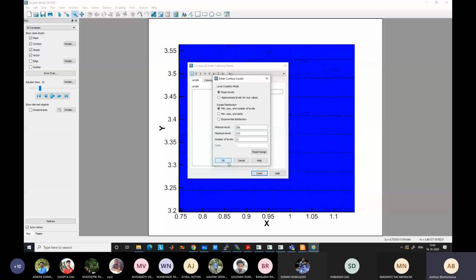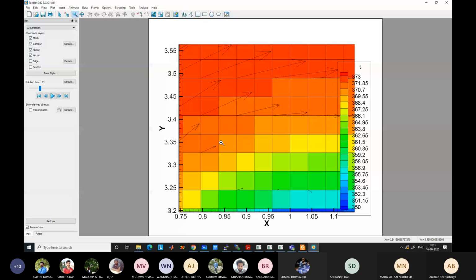Now if you say, but I know the temperature at the center, it is like, say, 369 point something. What is the temperature near the face or anywhere other than the center? That you cannot resolve. What we have plotted is that the entire volume has the same temperature as the center point temperature. If you want to resolve it, you cannot do it.